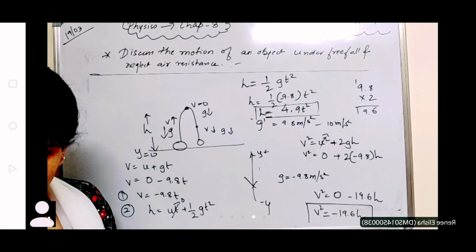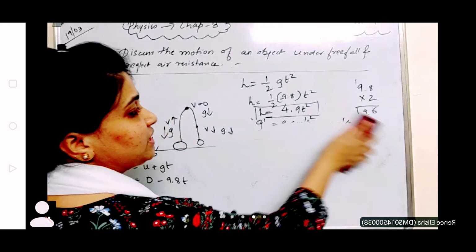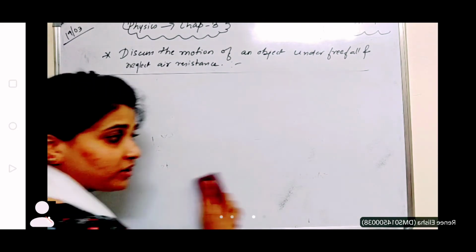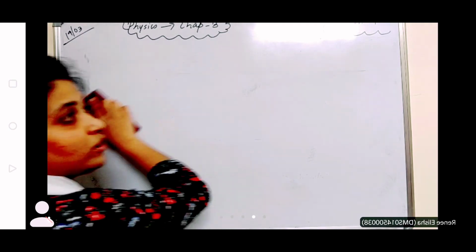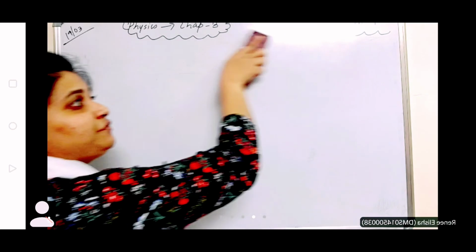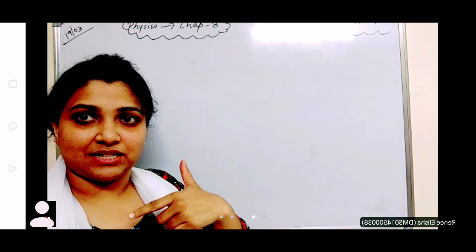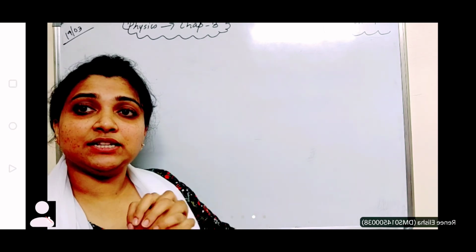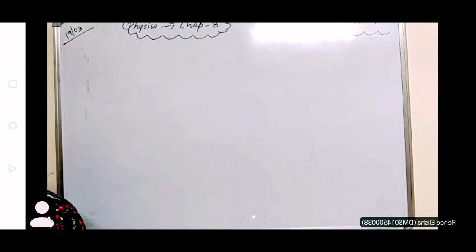Yes, ma'am. Okay. Now, this is there in your NCERT, so you need to answer it in this manner. You need to describe what is free fall, show what is acceleration due to gravity, and show what the equations of motion are and what form they finally take under free fall. And what is free fall? It is acceleration due to gravity without air resistance. Air resistance is not in the picture. If it is without air resistance, then we say that it is a free fall. Clear, children? Am I clear?